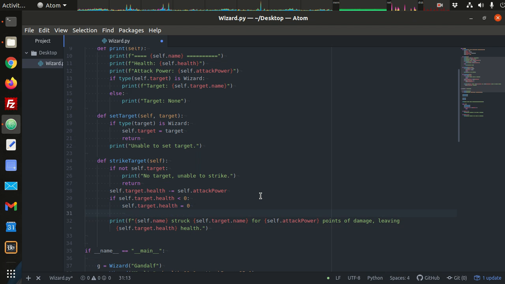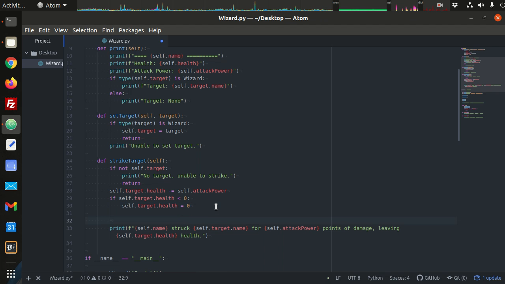We don't necessarily want to do him or her, because then we have to know the sex of the wizard, right? That's why in video games you select the gender and all that stuff, so that you can use the right pronouns. So instead of leaving some health, we can say the finisher